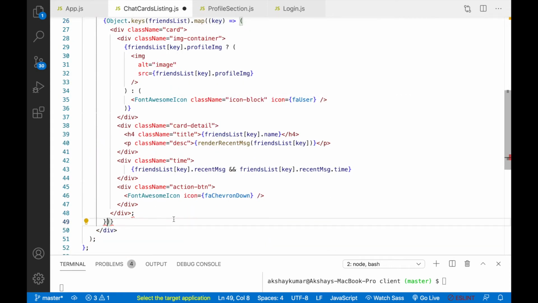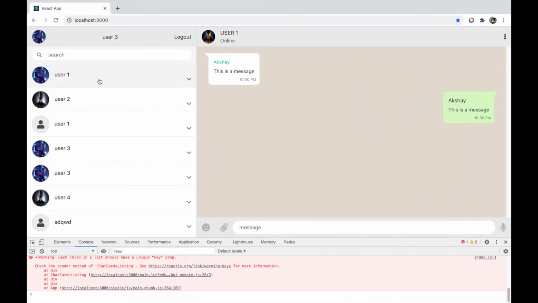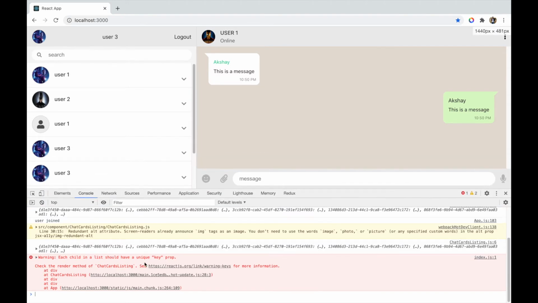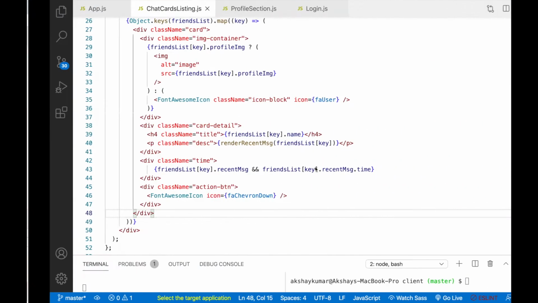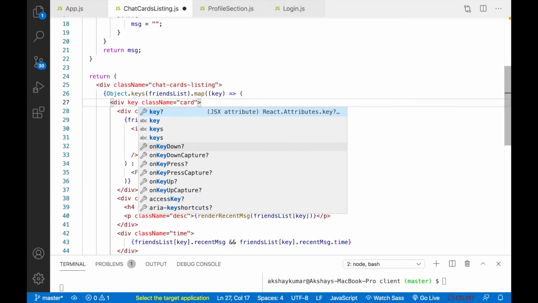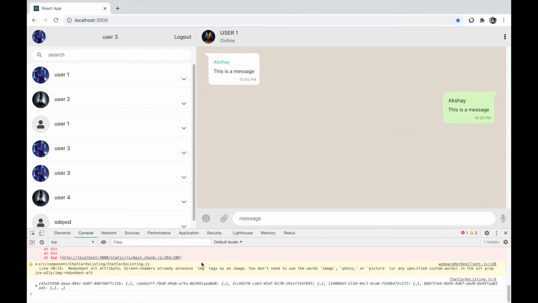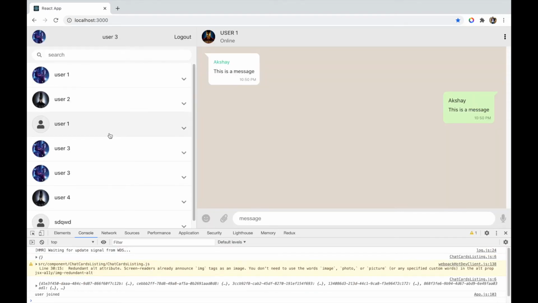So here also. So now if we check here, we got the friend list. This error is because we have to give one unique key, so let's give that key now. Inside this div we'll write key, so this error should go now. Okay, now there is no error.